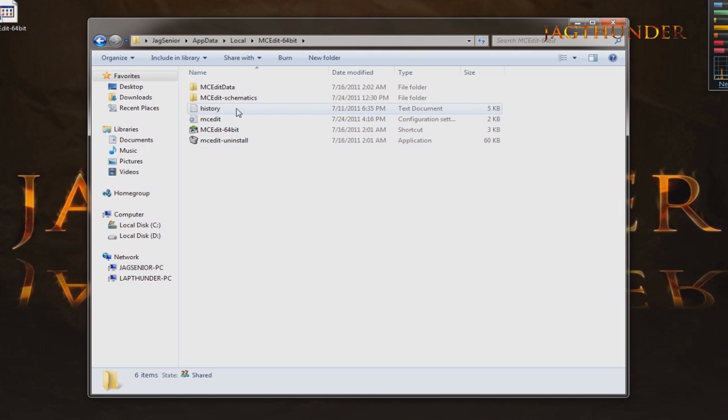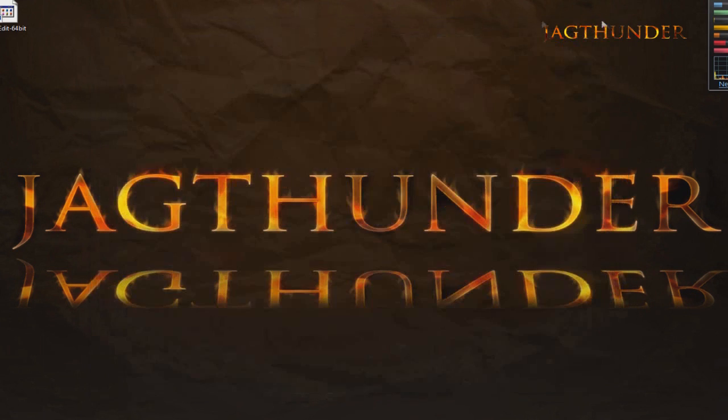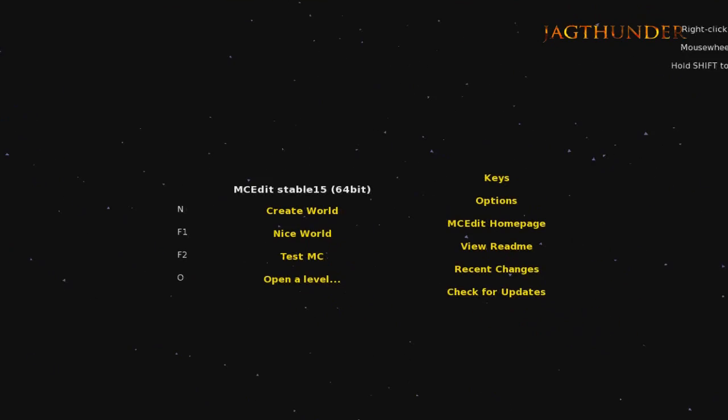But anyways, inside of that folder is where the schematics are held. So if you go to other sites and download their schematics, or once I get this up, you download the schematic, this is where you'll put it. Just paste it inside of here, and I'll show you how to access it from MCEdit. So that's that, and basically just double-click on the icon,